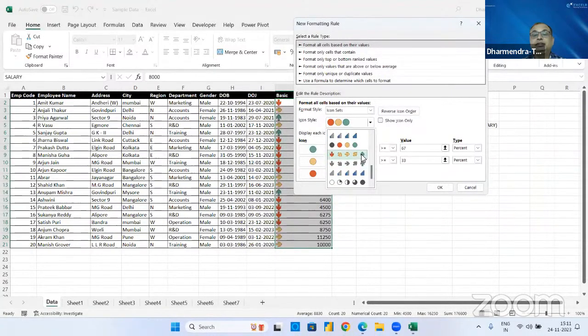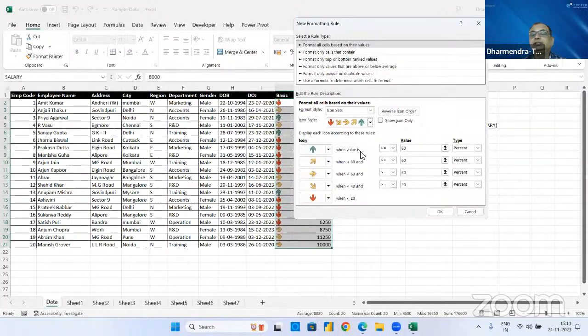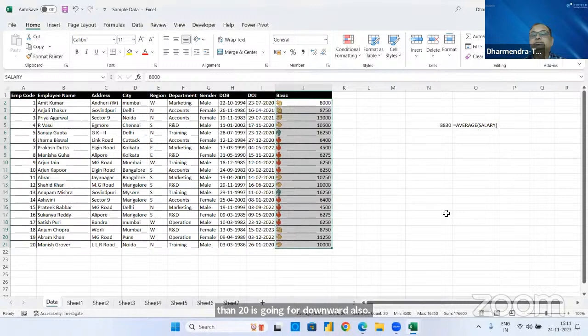I want to take this one right now. 5 arrows should be there. So how does it work? You can see here more than 80% is going upward. Less than 80 but up to 60 is going for diagonal, and less than 60 but up to 40% is going for horizontal. Less than 40 but greater than 20 is going this way, and less than 20 is going downward also. You can check this also is fine. Is it clear, everyone? Icon set,